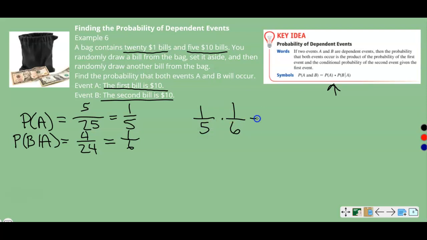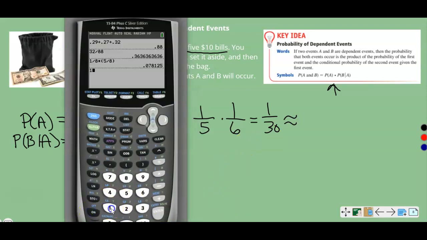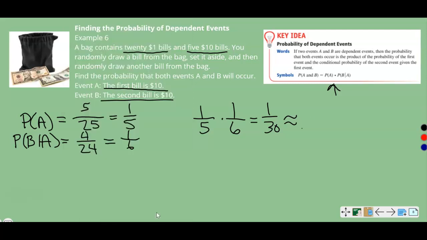So that's going to be 1/30, because 5 times 6 is 30. And that's going to be about what? So 1 divided by 30, 0.033. So that's going to be about